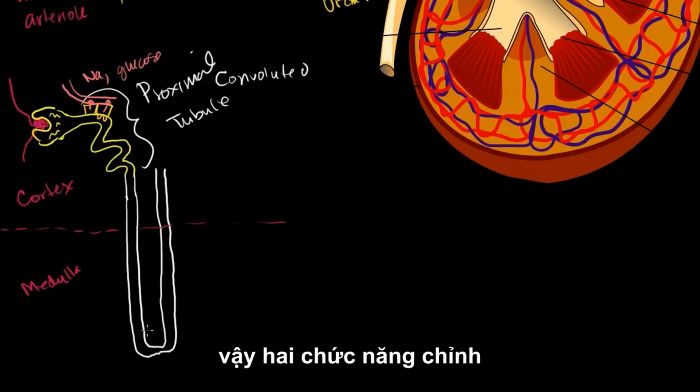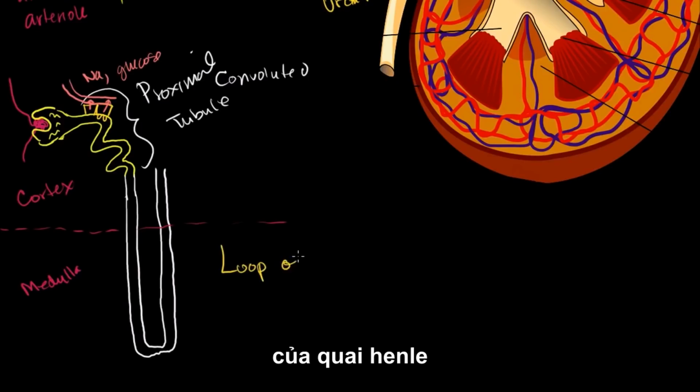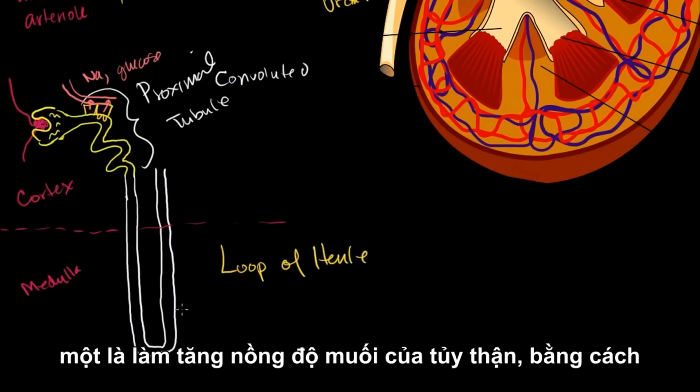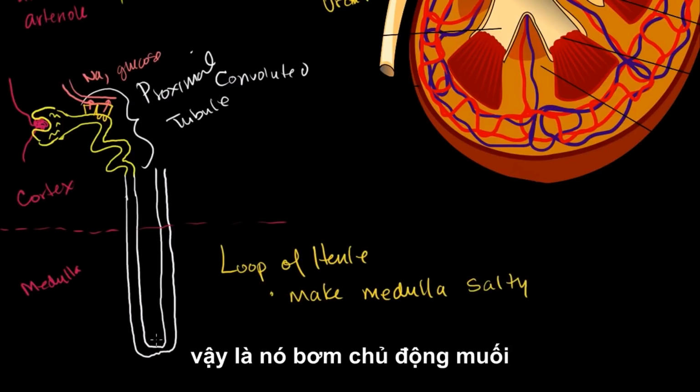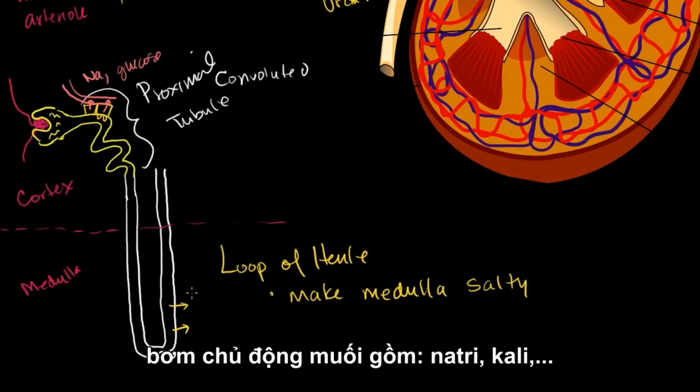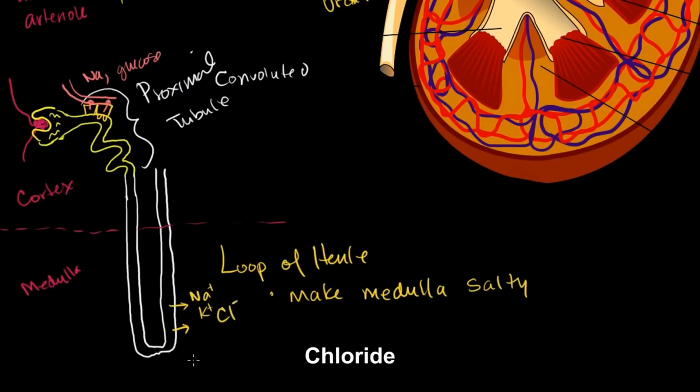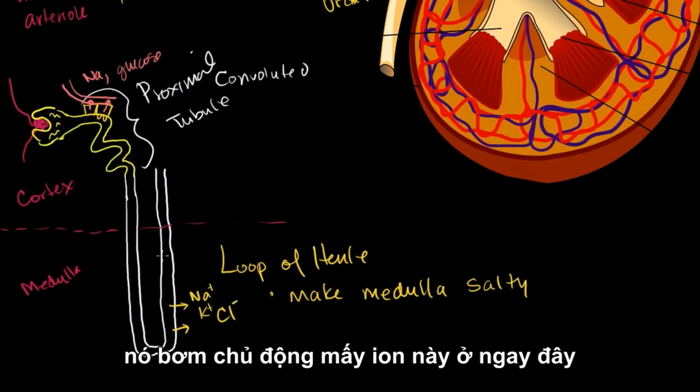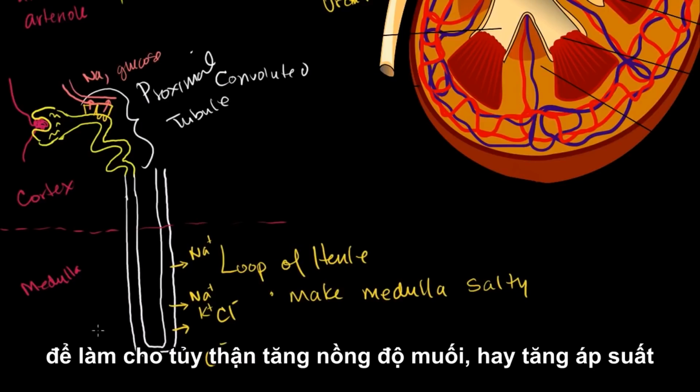So the whole point, well, there's 2 points of the loop of Henle. One point is to make the medulla salty. Make the renal medulla salty. And it does this by actively pumping out salts. So it actively pumps out salts, and it does that in the ascending part of the loop of Henle. So this is the ascending part. So it actively pumps out salts, sodium, potassium, chloride, or chlorine, I should say, chlorine ions. It actually actively pumps out these salts right here to make the entire medulla